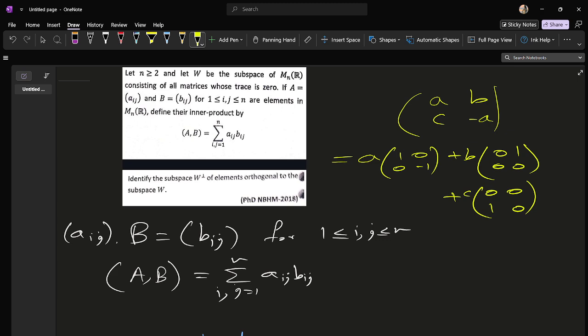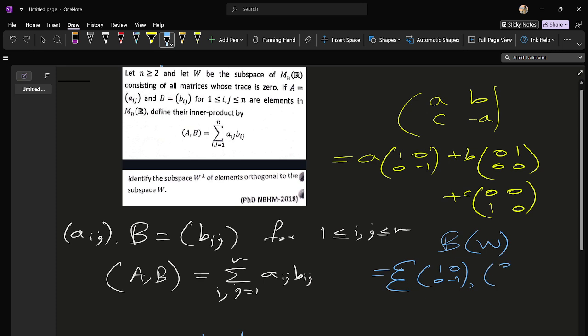So our basis of W is (1 0; 0 -1), (0 1; 0 0), and